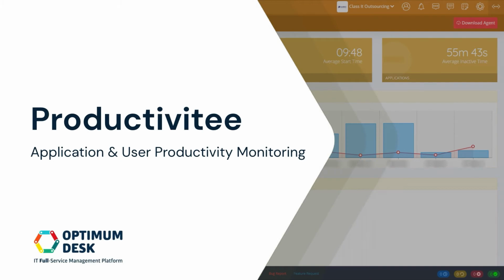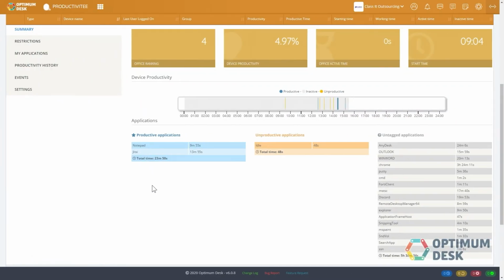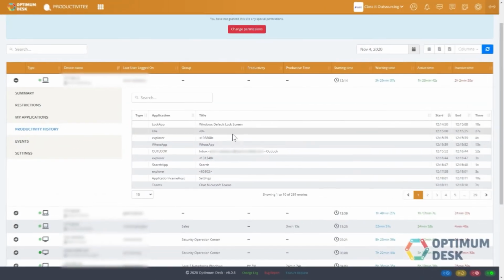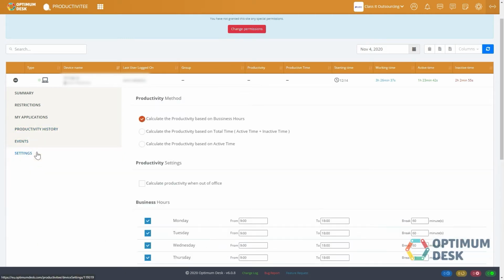Productivitee, application and user productivity monitoring. Productivitee is designed to help you monitor your employees' productivity by gaining complete transparency of their desktop activities. Administrators can sort applications into productive and unproductive app groups to break down productiveness across different teams, departments, or individual employees. With Productivitee, you can get a clear picture of how work gets done and remove wasteful practices and distracting